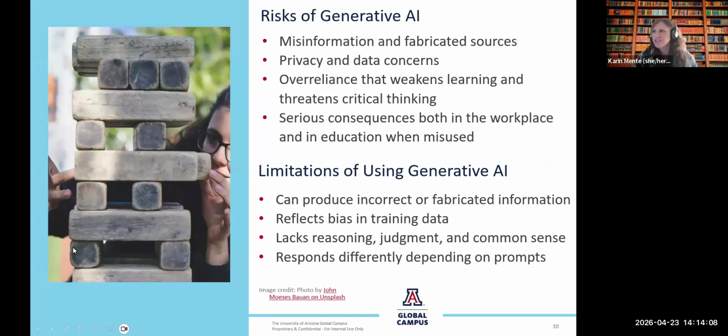Now, of course, we have touched on it a little bit, but there are major risks to using AI: misinformation, privacy concerns, all these things that I'm sure a lot of us are very familiar with. Most importantly, academic integrity issues, serious consequences at school or in the workplace for misusing these tools, and really just the danger of becoming overly reliant on AI. College research and writing, it's challenging stuff, but it's challenging because we're taking in a lot of new information and we're just learning how to interact with it and think critically about it. That is the experience that we're here for in college.